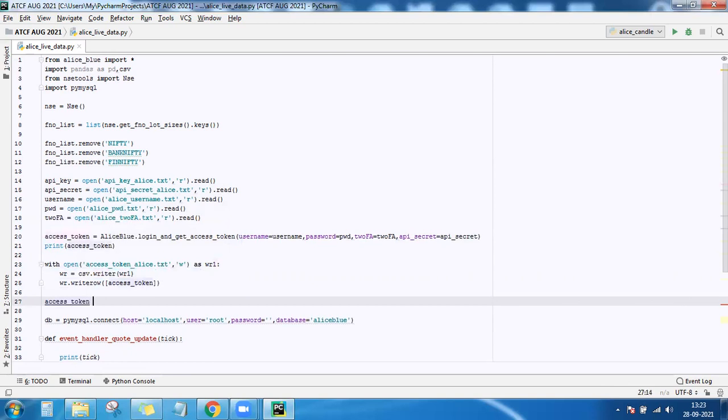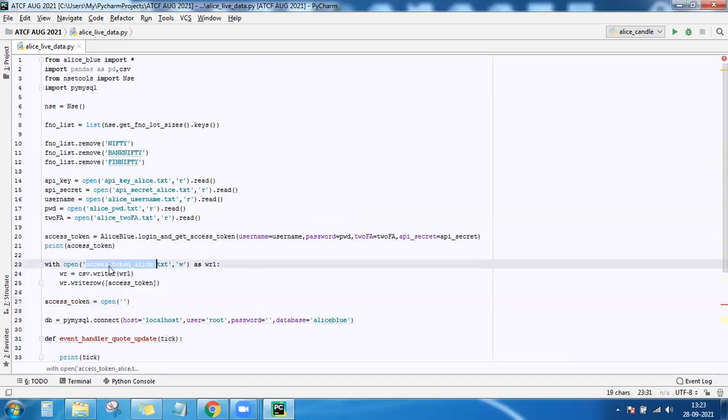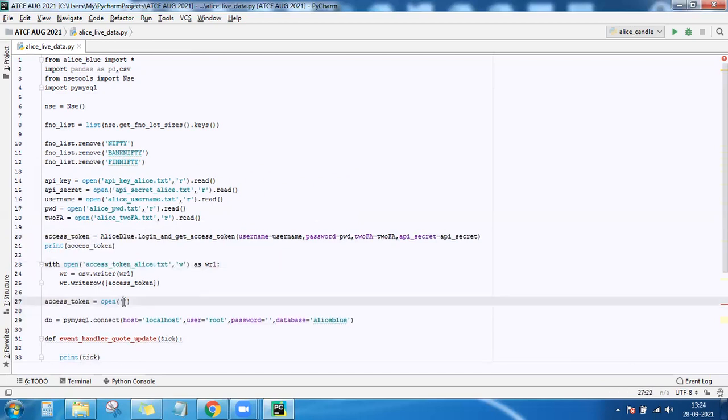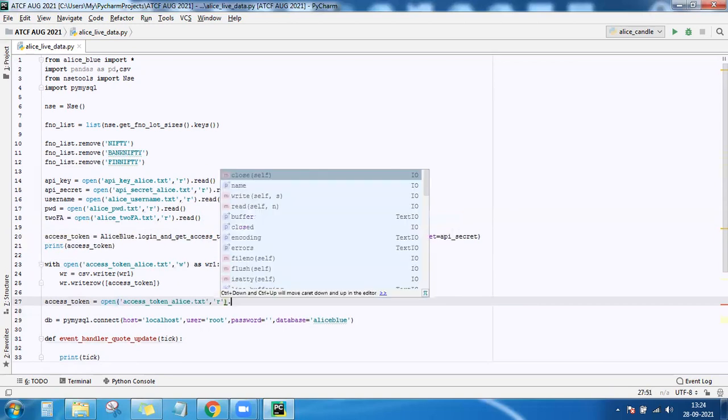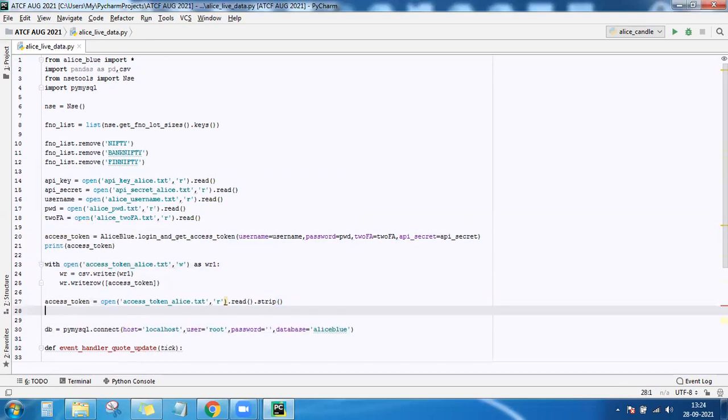So access token, you have to open the text file now. In the reading mode. And if there are any gaps at the end, that you can strip it here itself.